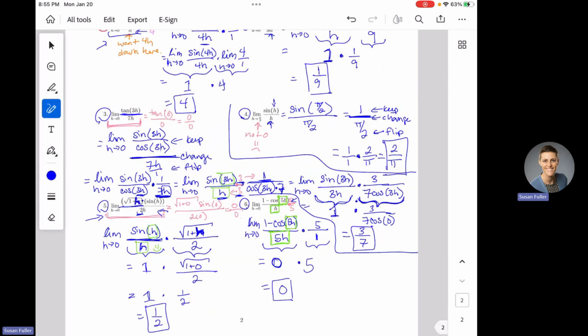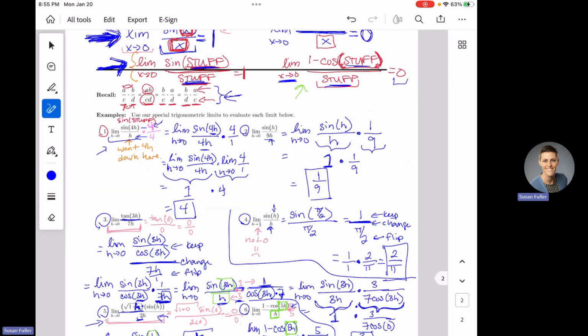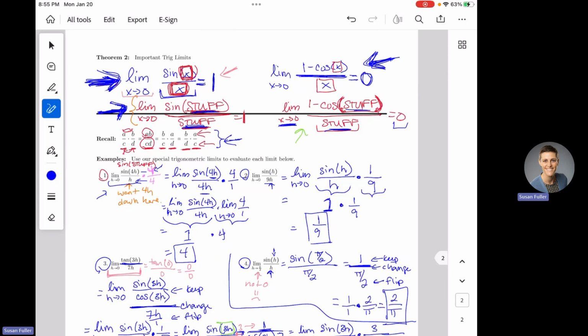And so if you get stuck, this is where I want you to go when you have trig limits and you have these gifts hidden inside your problems. So you're going to multiply by forms of 1 and you're going to reorganize. Put everything into a gift fraction and an extra stuff fraction. And then you'll take the limit of your gift times the limit of your extra stuff, and it's going to be okay.